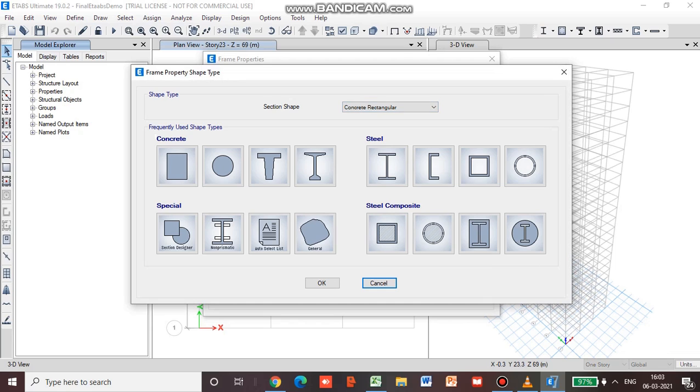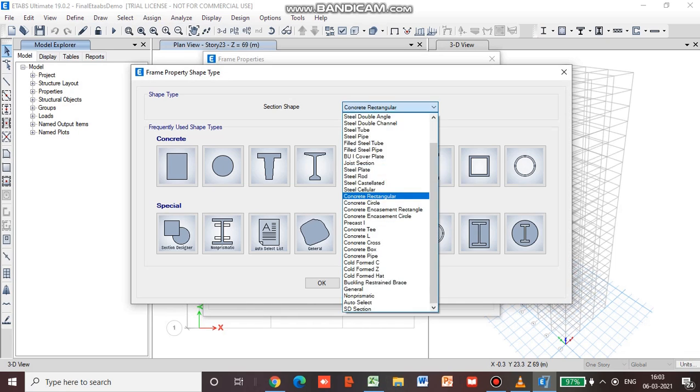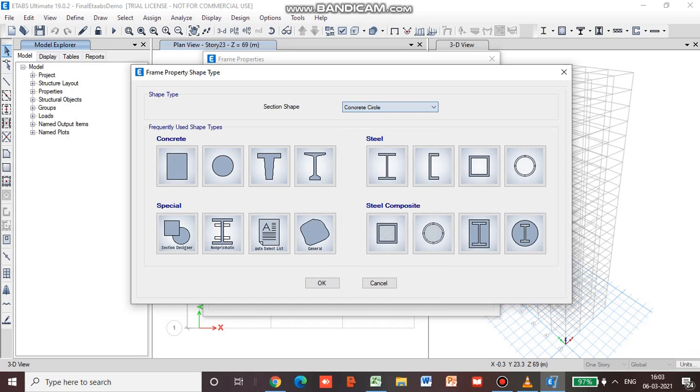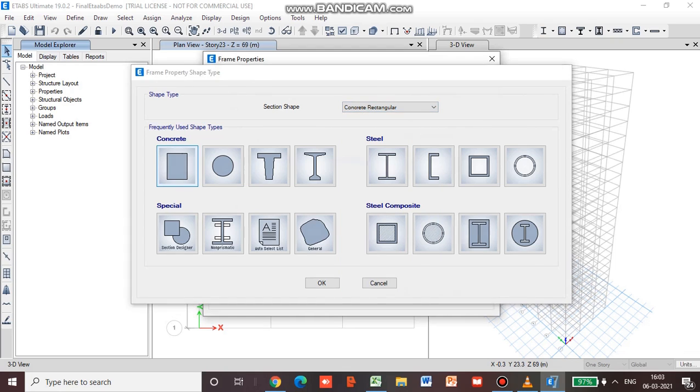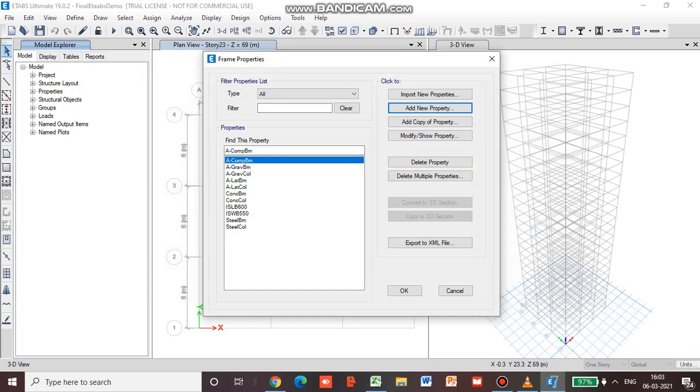So first we will go for the beam auto selection list. First we will go for the section shape, concrete rectangle.